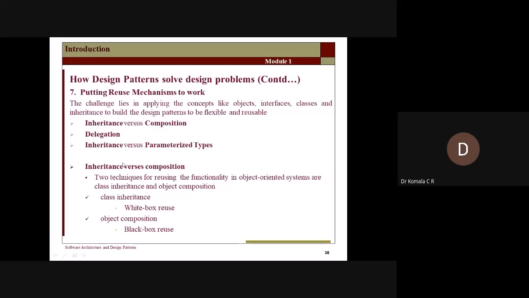So coming to the first one, inheritance versus composition. There are two techniques. One is inheritance, this is with respect to class. So class inheritance is also known as white box reuse. I also go for composition, meaning object composition. Object composition is